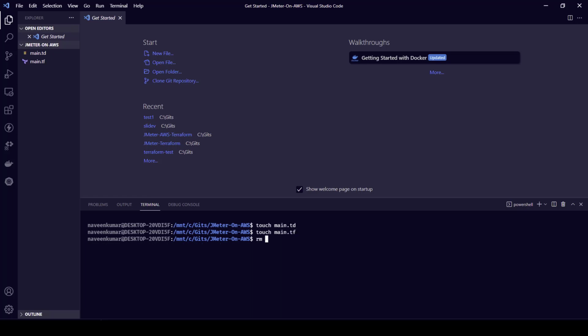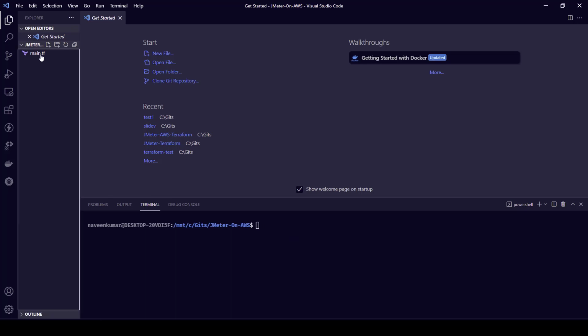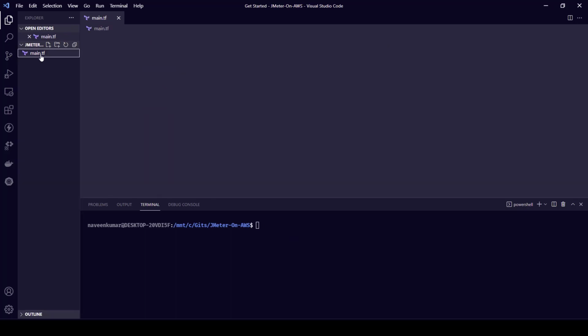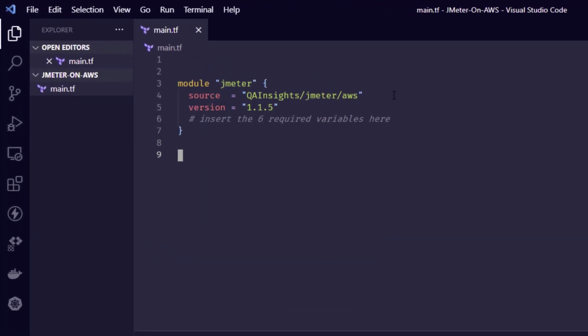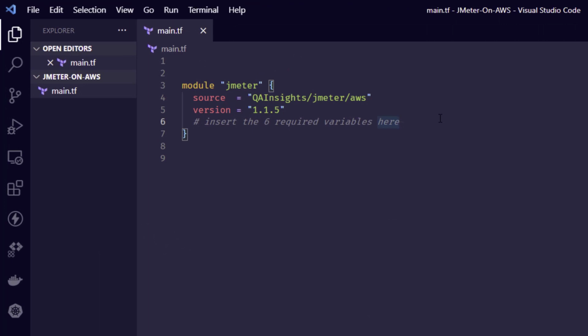So let us delete the main.tf here. Okay, now we are going to paste the Terraform module which we copied from the Terraform registry. So I'm going to just paste it here, and here if you see the comment, it is telling us to